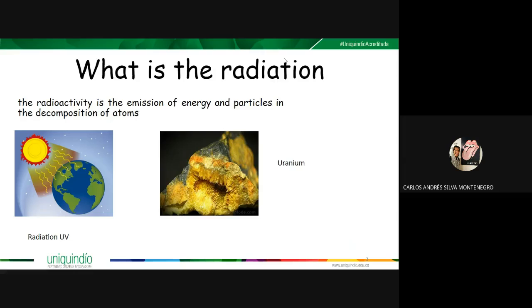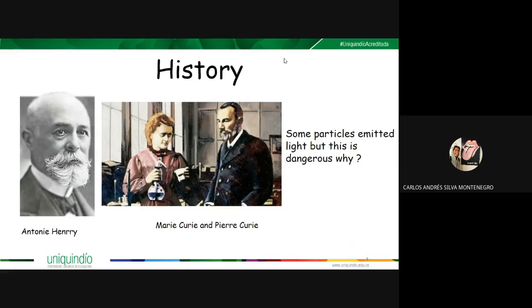Okay, moving on now to the definition and history of radioactivity. What is radioactivity? Radioactivity is the emission of energy and particles in the decomposition of atoms. We have some types of radiation: alpha, beta, gamma, and neutrons, and I'm going to explain this in the next presentations. Okay, the history. The history starts when Anthony Henry, in the picture on the left, was the first person